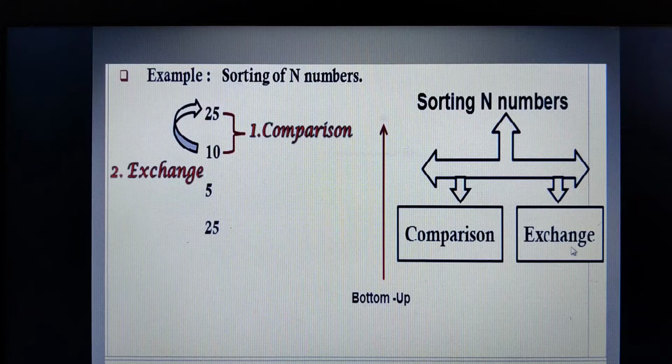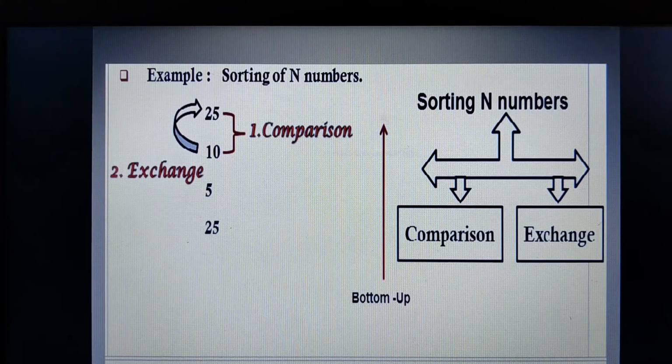Then, when you compare, I will write a code to exchange or swap. Now these two modules, or these two sub-problems, are combined, and then we can form an overall code in order to perform the sorting of n numbers. So this kind of approach we call the bottom-up approach. Okay, so this was an example.